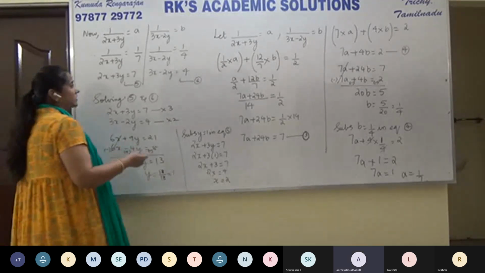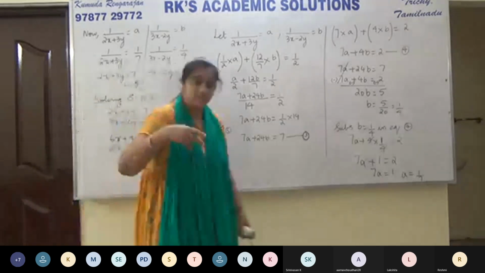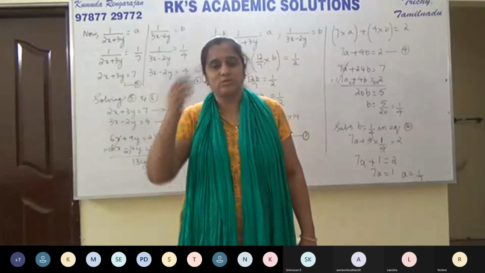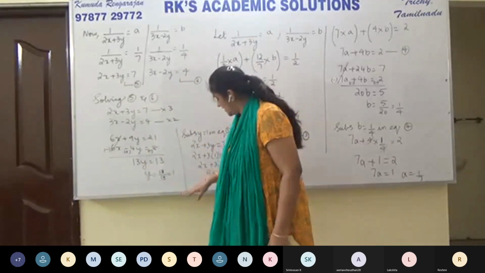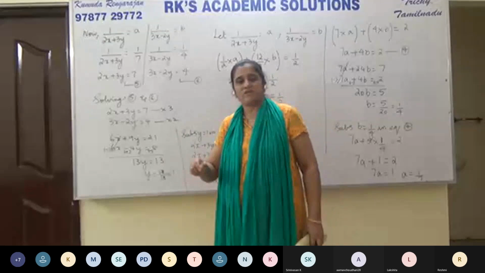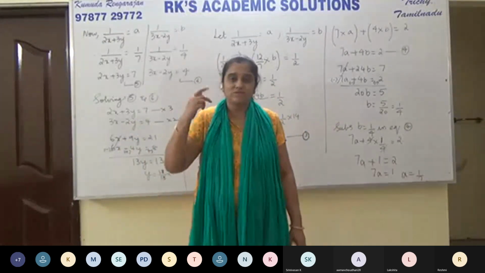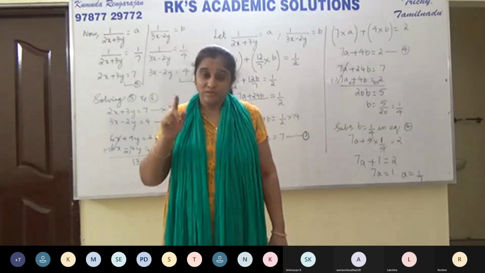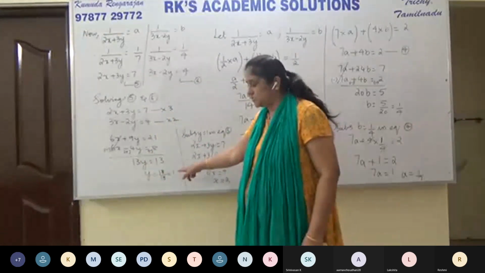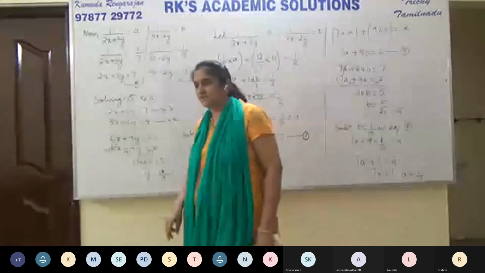And children, you can also check it. The equations are not on the board, so go back to the given equations. In the equations, use 2 in place of x and use 1 in place of y. You will see that the equation is satisfied. Go back to the 2 equations given to us in the question. There, in place of x, use 2 and in place of y, use 1. You will see that the equations are satisfied. Try it for yourself.